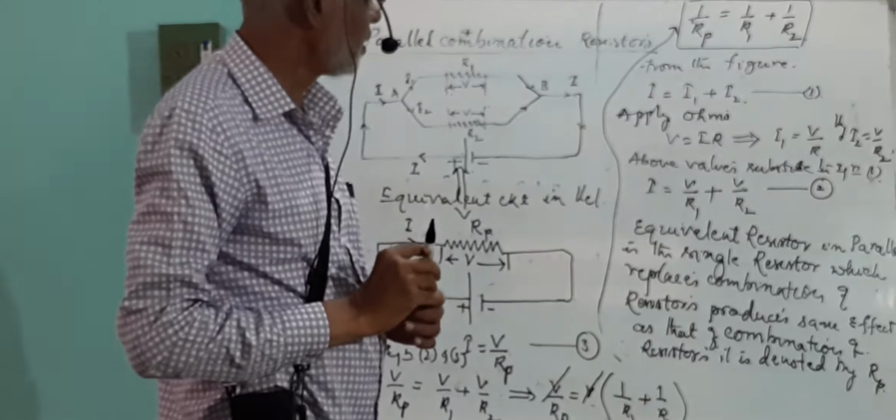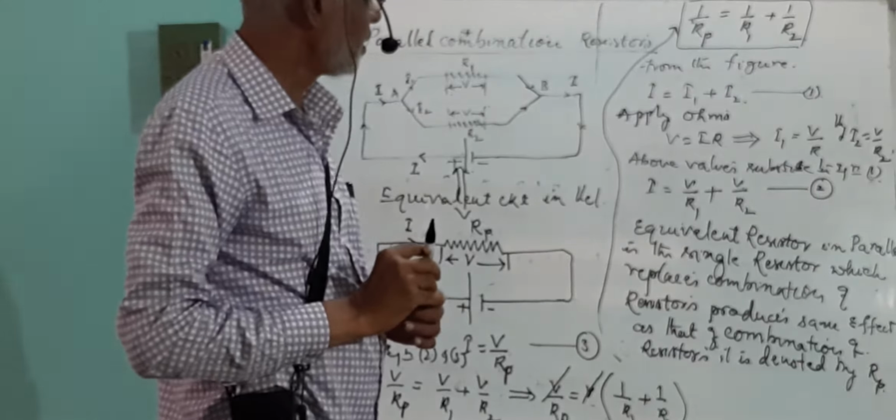As a result, a potential difference forms. Because of the potential difference, current is going to be generated in the circuit. That current is going to split into two branches. This is a complete circuit diagram. On referring to the circuit diagram, you will get that the main current is equal to the sum of the branch currents.